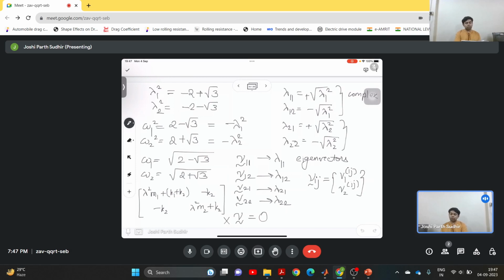So lambda 11 square will be again 2 minus 2 plus root 3, and